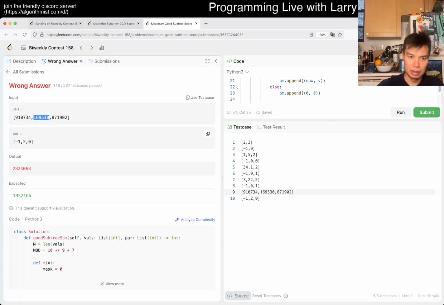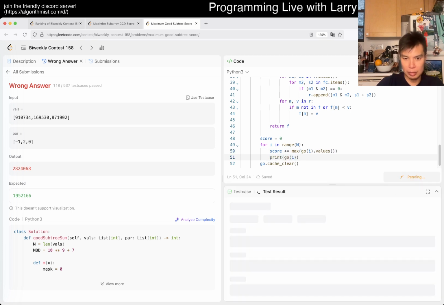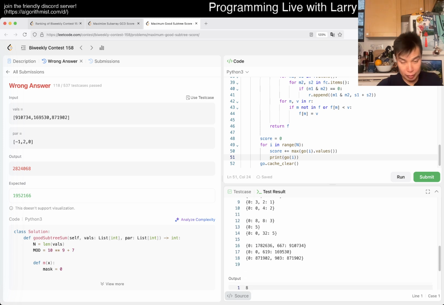Okay. So here the subtree is just going to be itself. Okay. Let's just print it out real quick. Maybe that's too much. You see? Okay, so then now